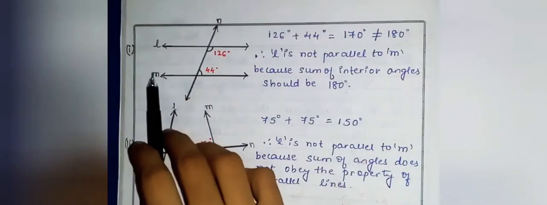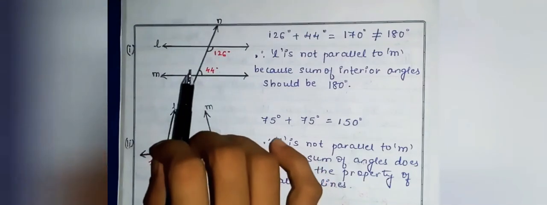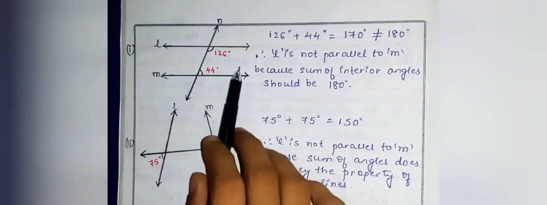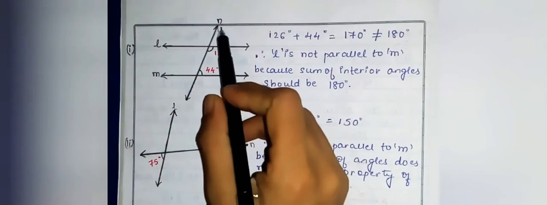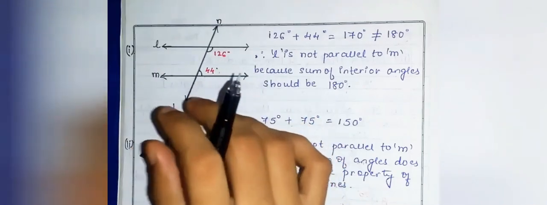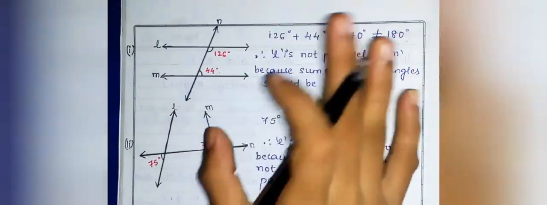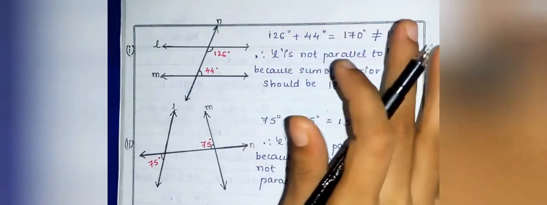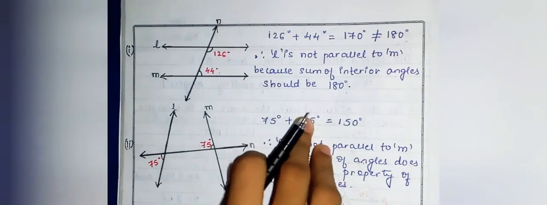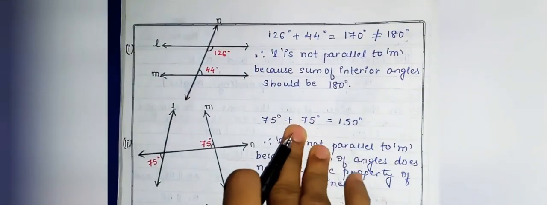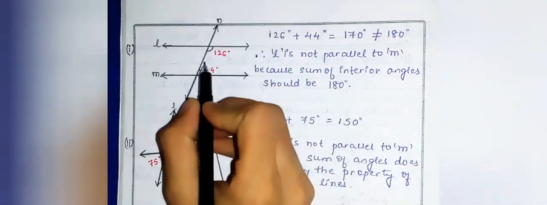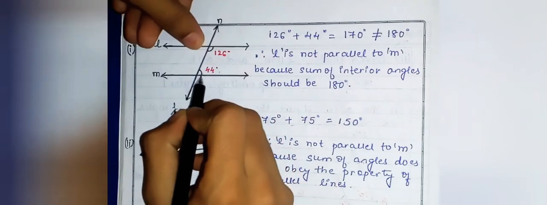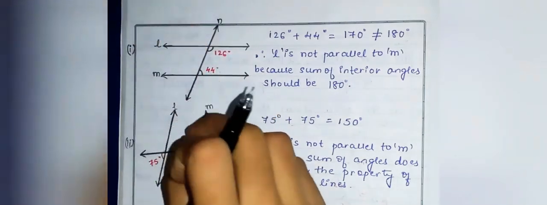Now this is the first figure. The figure which is given in the question, this is the first figure. So this line L and this line M, they are claimed to be parallel, and this line P is the transversal. Now we have to decide whether they are actually parallel or not. So agar parallel hai, then what will happen? Properties must be satisfied. So we have to think which property we can use to justify our answer, what reason we can give. So first of all, we need to see which angles are given to us. ये 126 degree दिया है and this 44 degree is given. These both angles are given to us.